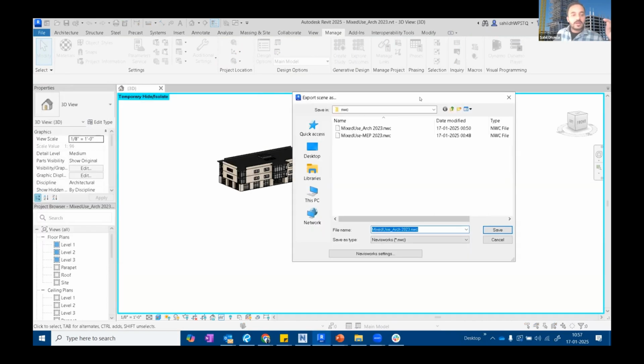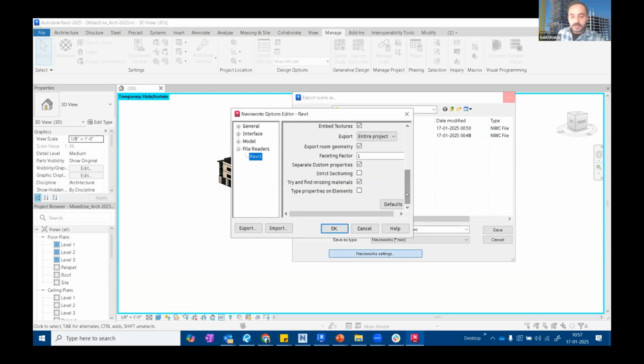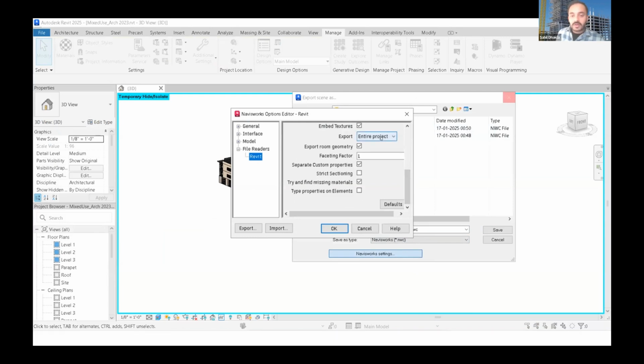So when you do that, the items which are visible in your 3D view will be exported as NWC. You can also check the settings which are here on the export dialog box. When you click on that, it gives you all of these options. We can go into these options in more detail later on. For now, you can see that there are three different options here. You can export the current view, or you can export the entire project or the selection that you have made